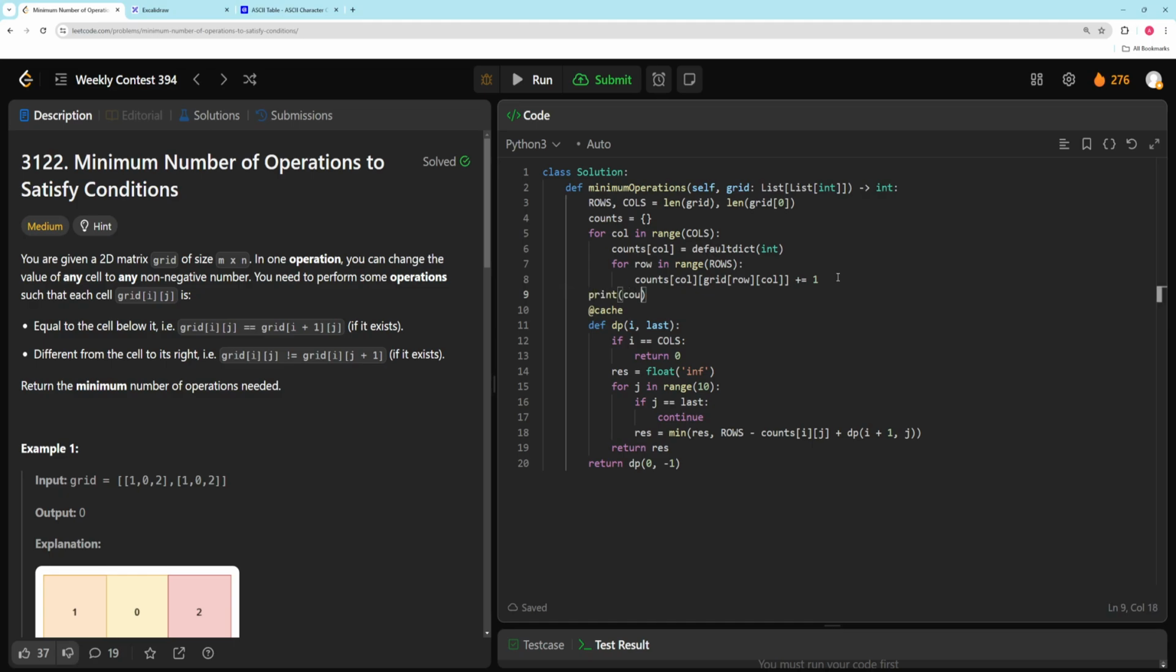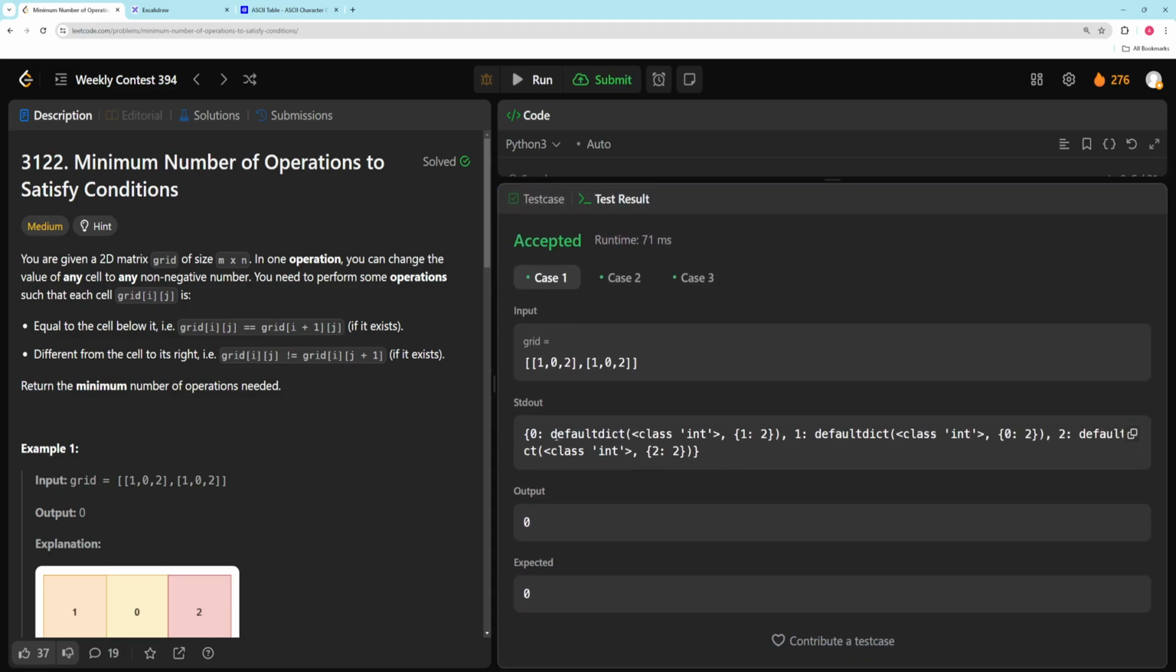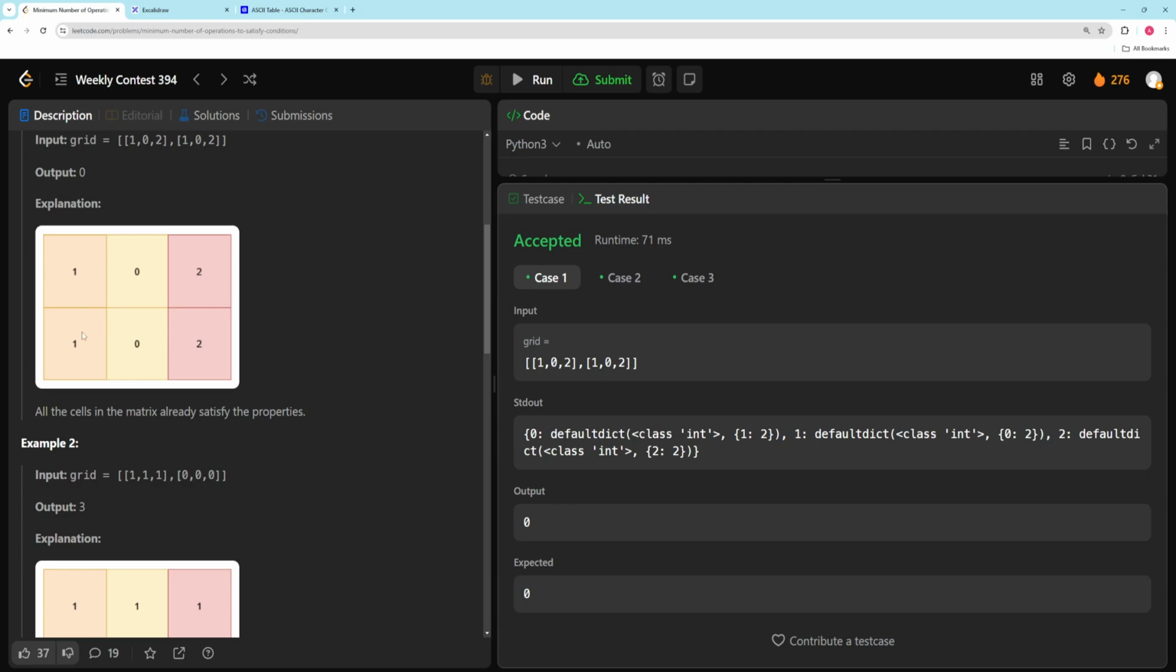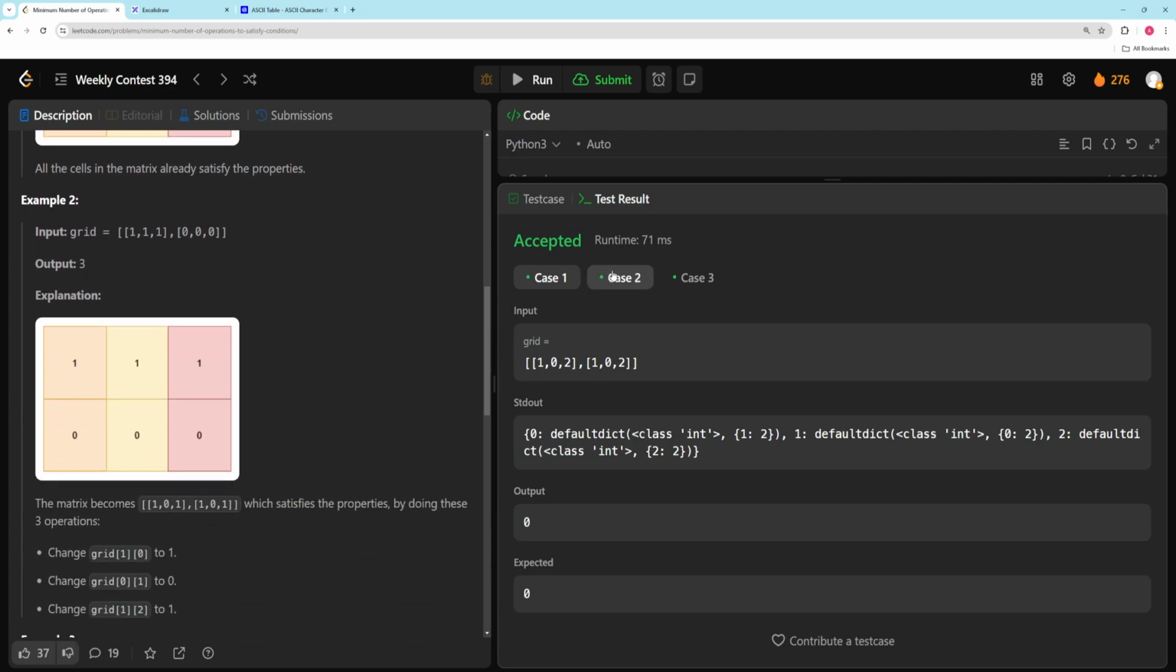If we print counts here. So for this column, for example, we can look at the picture to make it easier as well. Column 0 has 2 1s, column 1 has 2 zeros, column 2 has 2 2s. For example, column 1 has 1 0 1 1, column 0 has 1 0 1 1, column 2 has 1 and 1, and so on. So you basically get this thing,